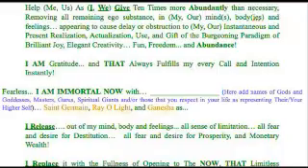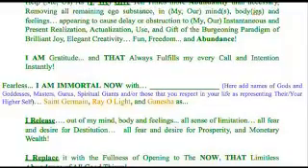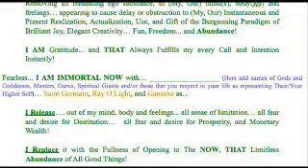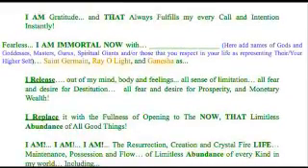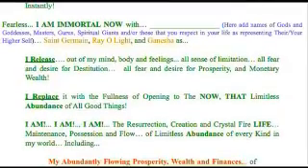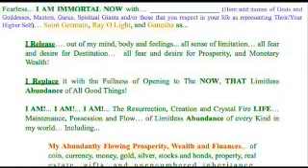Fearless, I am immortal now, with Saint Germain, Ra-Ho-Lite, and Ganesha, as I release out of my mind, body, and feelings all sense of limitation, all fear and desire for destitution, all fear and desire for prosperity and monetary wealth. I replace it with the fullness of the opening to the now, that limitless abundance of all good things. I am, I am, I am the resurrection, creation, and crystal fire life, maintenance, possession, flow of limitless abundance of